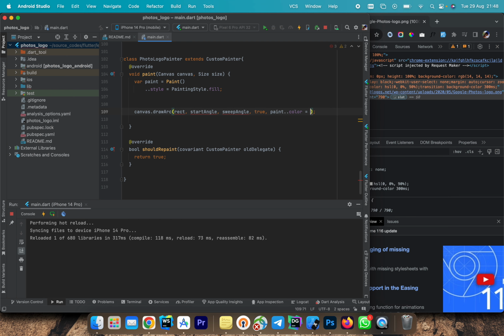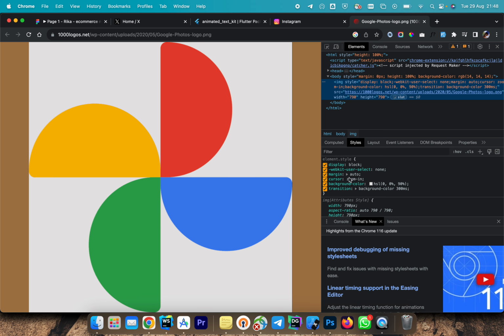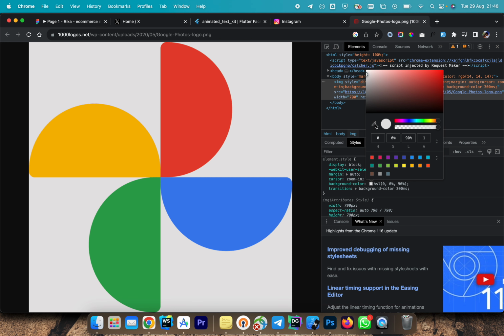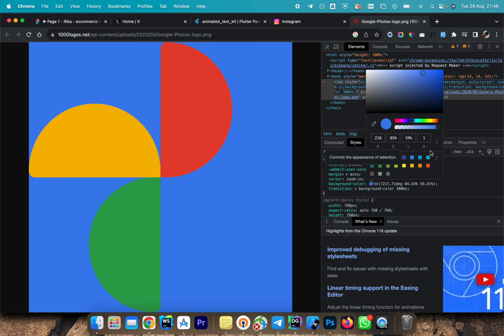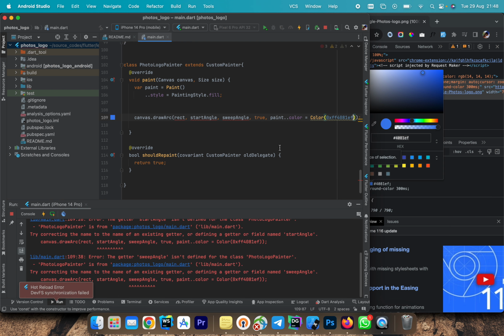By the start, we are going to start with this blue component. So let's try to get the color of this blue component. You can see we got the color of this blue component, and here we say Color(0xf...). You can see we have put the color. So